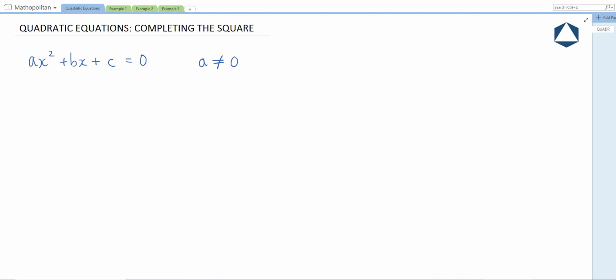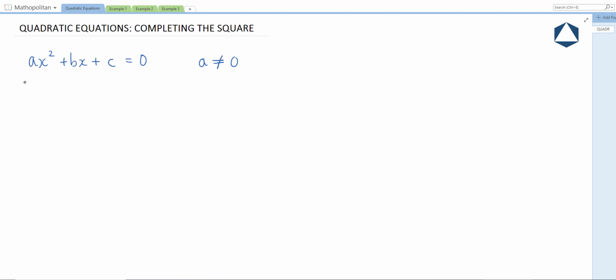In this video, I will show you how to use the method of completing the squares to solve quadratic equations. So in this case, I'll use a general form, ax squared plus bx plus c equals 0. And here a, b, and c are constants, and a is not equal to 0. So first, what we'll do is divide both sides by a to ensure that the coefficient of x squared